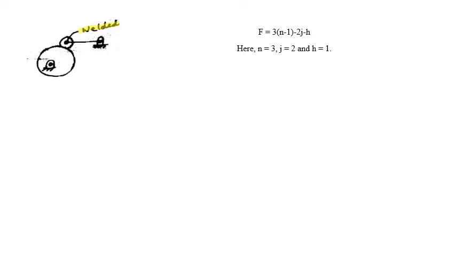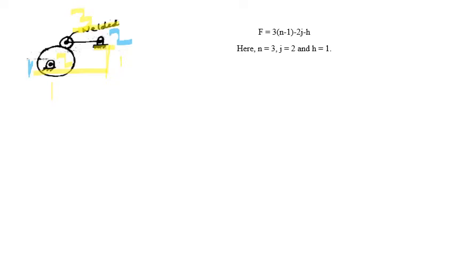Okay. Now let us count the number of links. So always frame is link number 1, this cam is link number 2, and this entire part, this link and roller becomes a third link. Therefore number of links is equal to 3. Now let us count the number of lower pairs that is having surface contact. So here 1 and 2 makes the first lower pair. Next this 1 and 3 makes the second lower pair. So we have only 2 lower pairs.